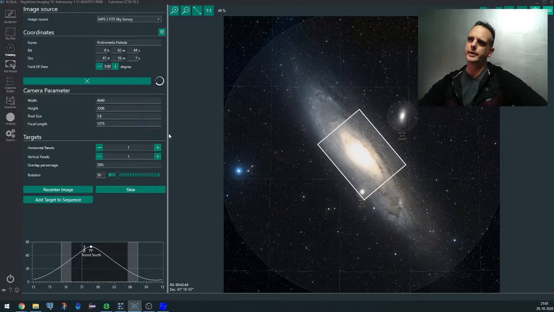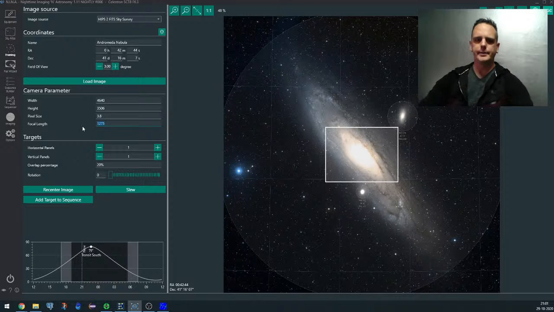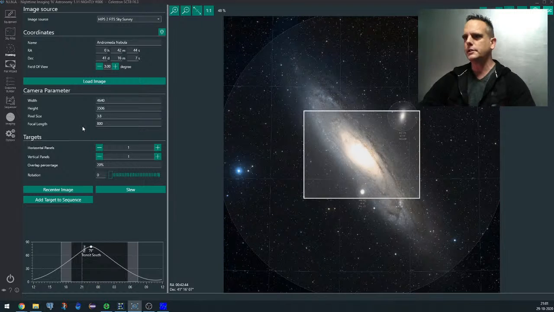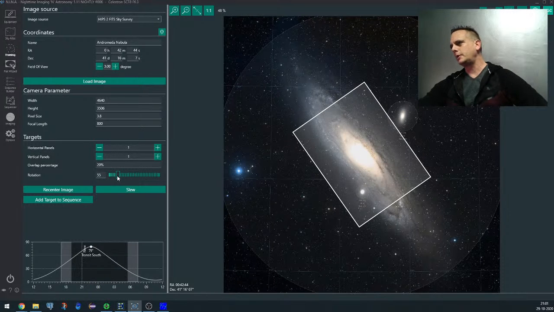So I go into here, and this is my current focal length at the moment, so it's not a big view, but usually I have something along the lines of this, which is also not big enough for Andromeda. So for Andromeda I would actually